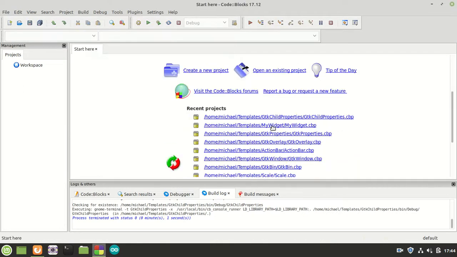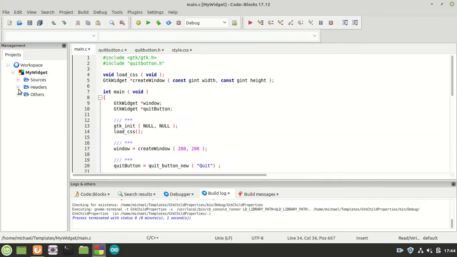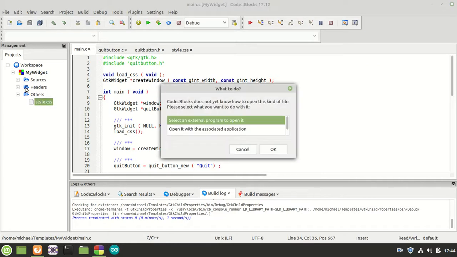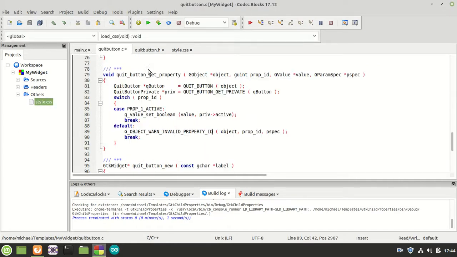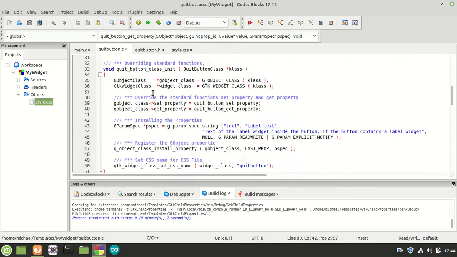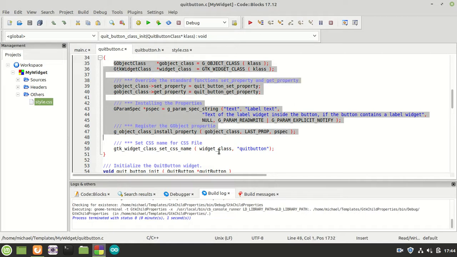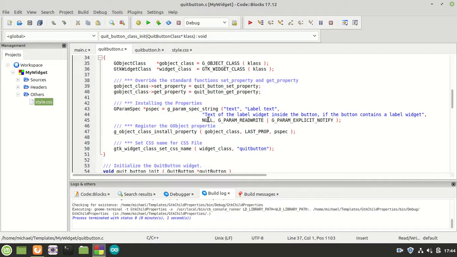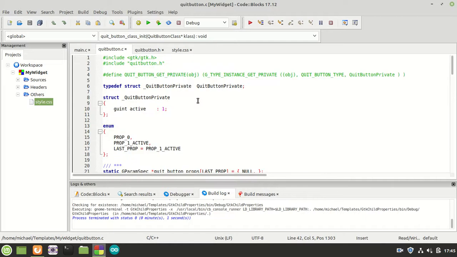What do you really need? When you create your own widget, in the source file of your widget, you should have a class init function. In the class init function, here go all those calls, and here you create your property, and also here you are going to include your properties enumeration and so on. That being said,